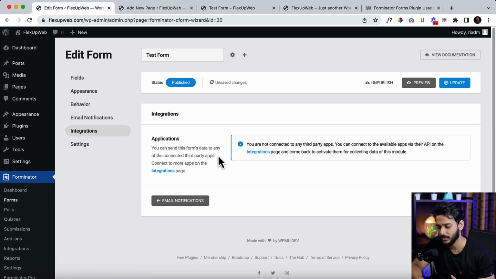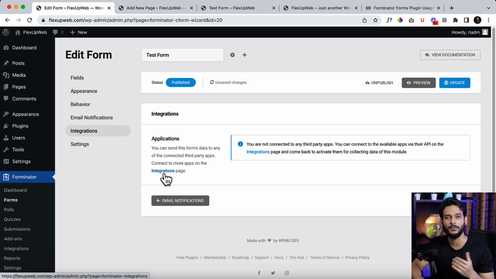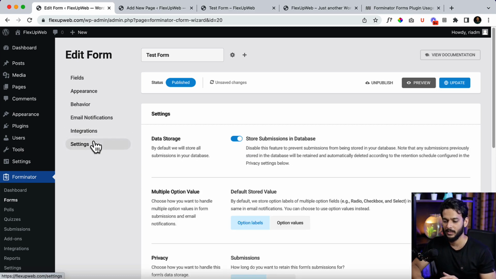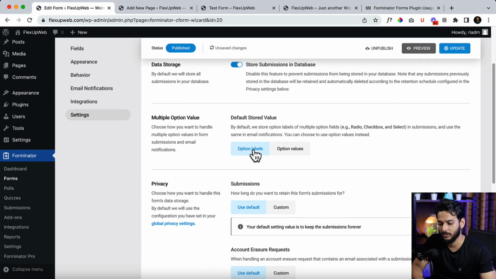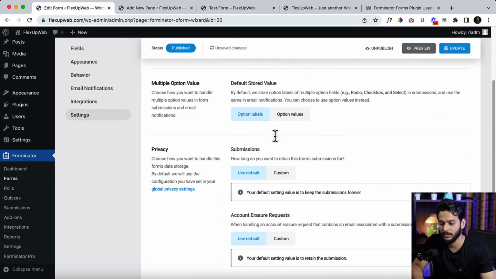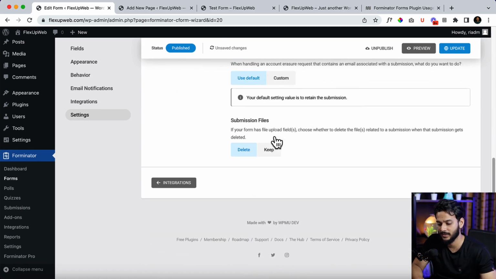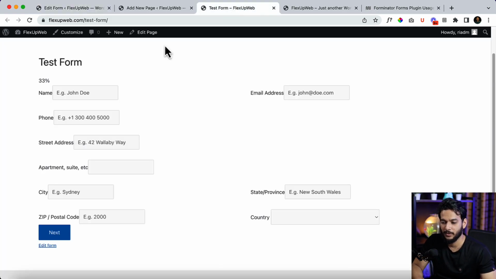So if you take a look here carefully, you can send this form's data to any of the connected third-party apps. The integration page is basically from Forminator. I'm not going to show you, it's the pro version and it requires you to upgrade your Forminator. From settings, there is store submission in database. You can store this submission in your database, and you can also store the default value, multi-option value, privacy, and something like that. Let's submit this form,